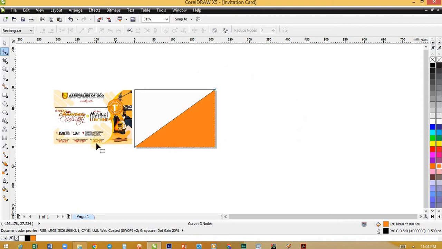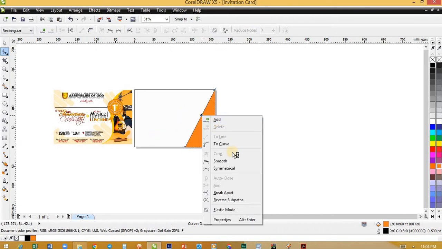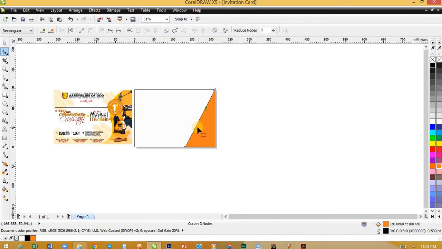Back to my shape tool. First of all, bringing in this edge, I have to hold control on the keyboard when I'm dragging so that it will be straight. If I don't hold control, it can move anyhow. So I hold control to just maintain a more steady angle for me. Okay, I'm okay with that point. That's one side. Then I now right click this point to make it curve. That segment should be a curved segment, and deepen this area, and then using this angle I draw out this other one to give me that, you know,